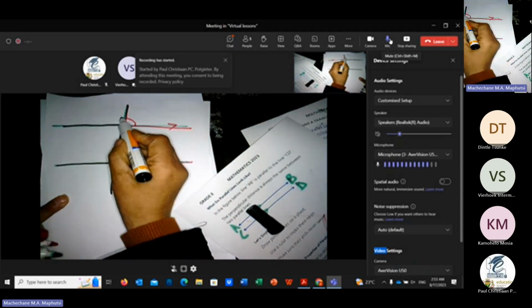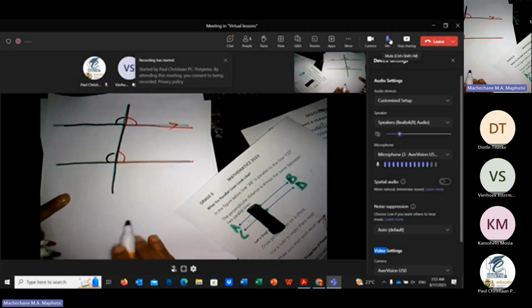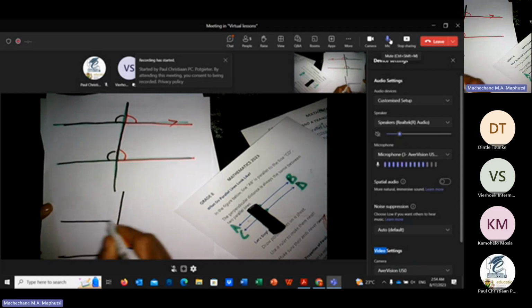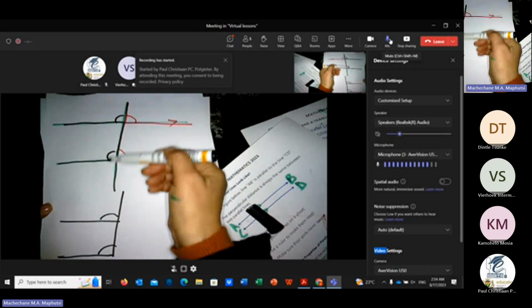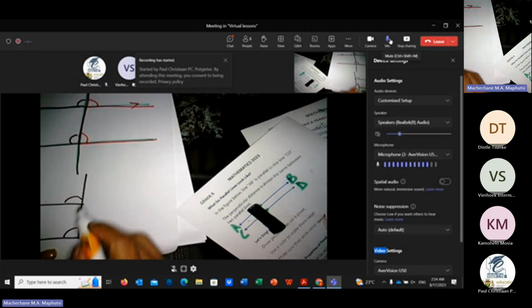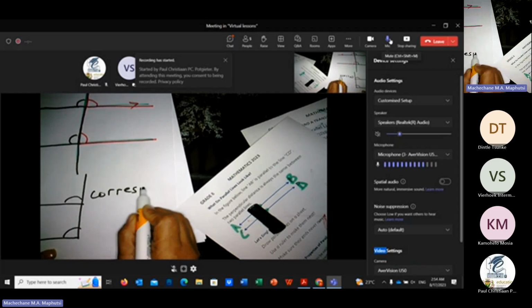So I'll still have an angle there and an angle here. So it means now, if I'm having an F shape, some angles will be formed. When you look at the side, you see those angles. The name of these angles, we call them corresponding